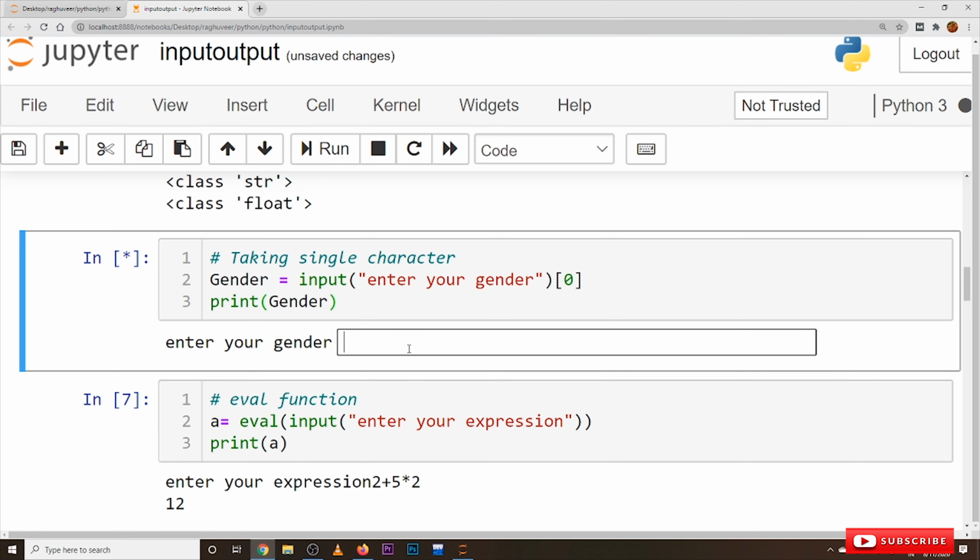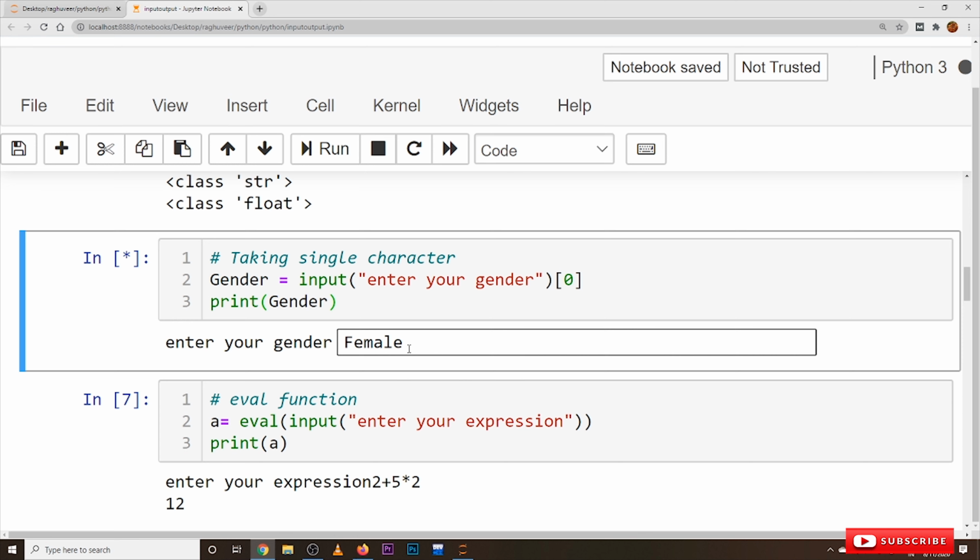If you execute this and type female, how many characters are there in this string? FEMALE, 6 characters. The first character is assigned the index value 0, the second is assigned the index value 1, the third will be 2, and so on. We will understand this syntax when we discuss string type and functions in our next classes. For now, remember this syntax.